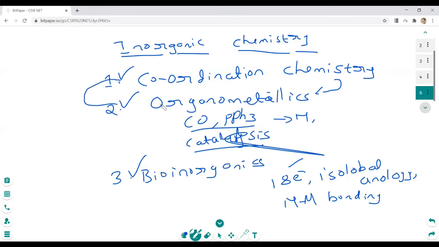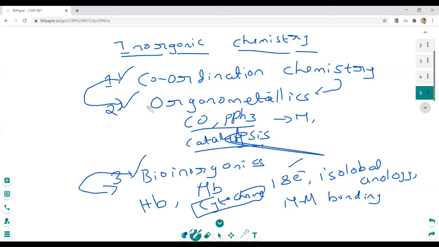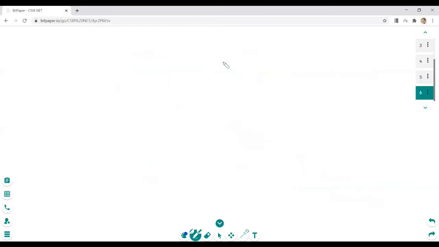Coordination chemistry, if you learn it, is the next pathway into organometallics. And what is bioinorganics? Bioinorganics contains hemoglobin or myoglobin and your cytochromes. All those things are nothing but metal organic systems, and you are going to study the functions here. You have studied the structure in coordination chemistry and organometallics, and now you are going to study the functions. They do oxygen carrying, they do electron transfer, etc.